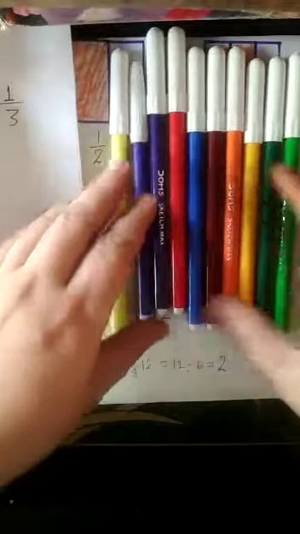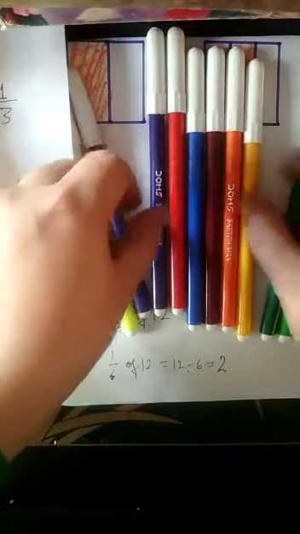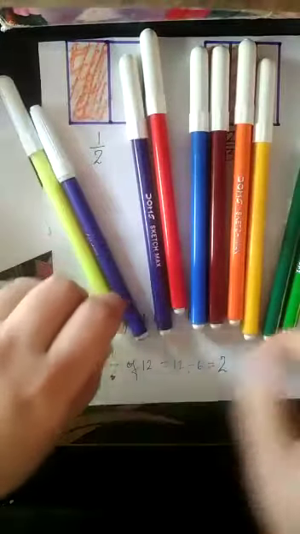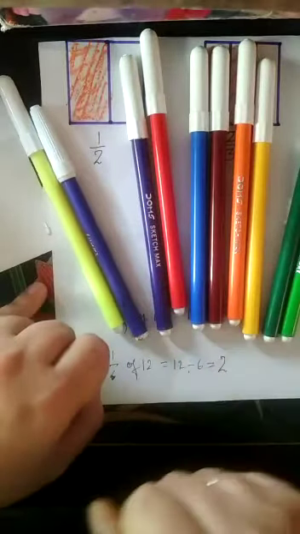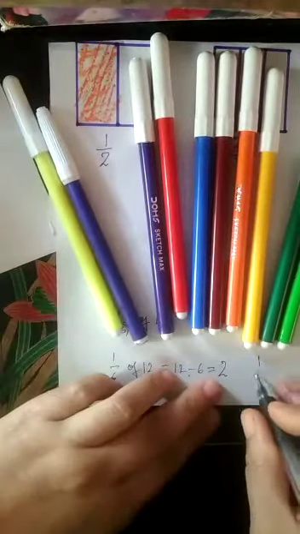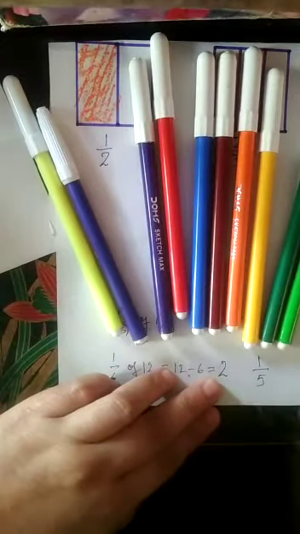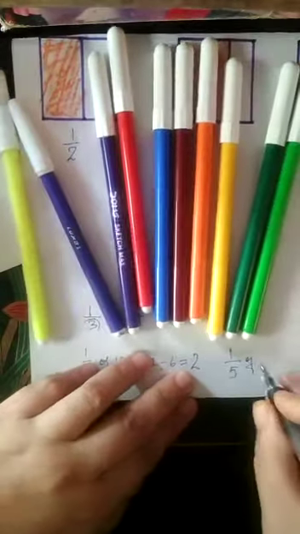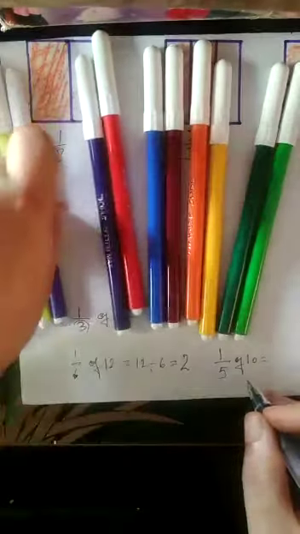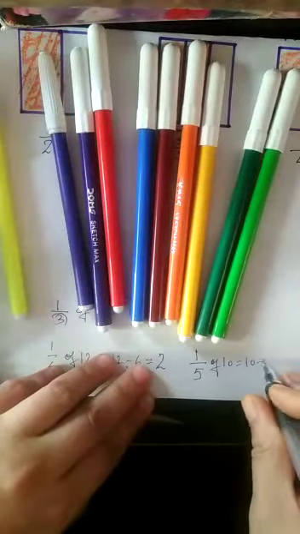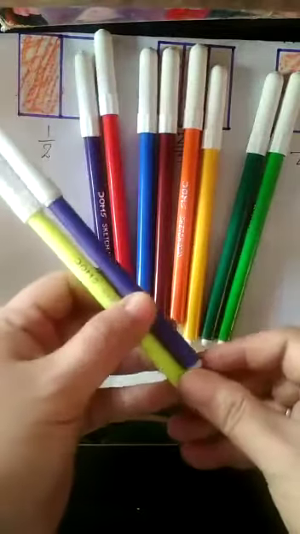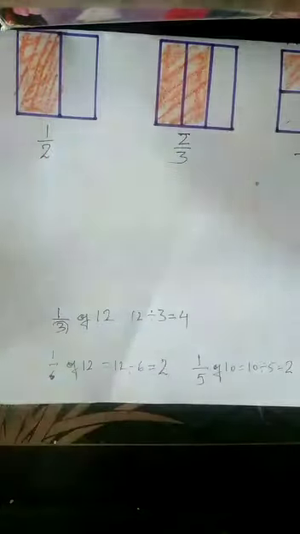Suppose I take away 2 from here. After taking away 2, if I divide the rest into equal parts of 2 each, how many parts do I have now? 1, 2, 3, 4, 5. So the whole is divided into how many parts? 1 represents 1 upon 5. But 1 upon 5 of what? 1 upon 5 of now 10. So when you divide 10 by 5, you get 2. That represents how much came in one part: 2.